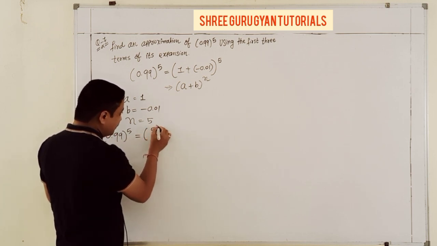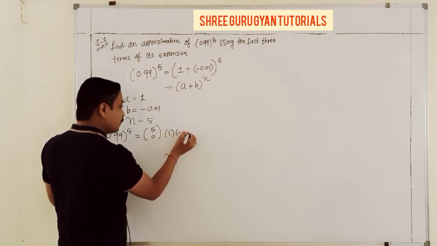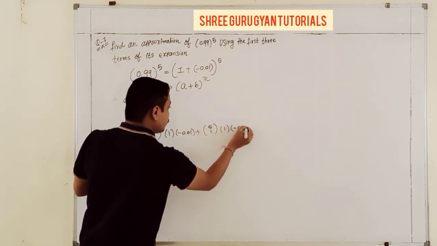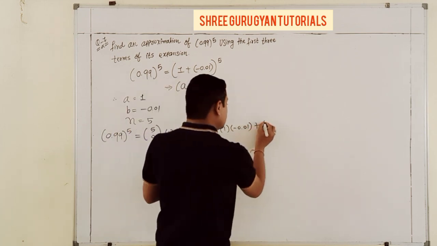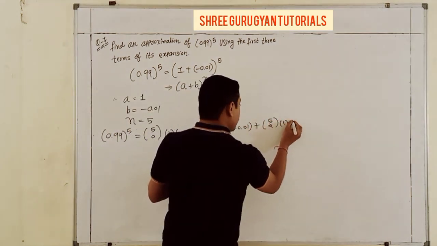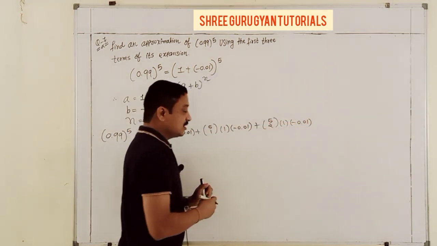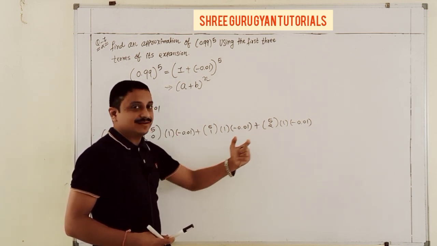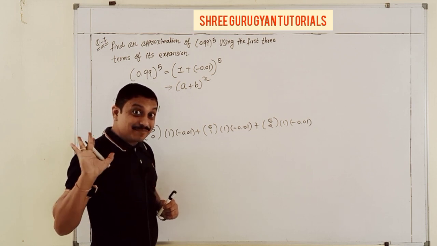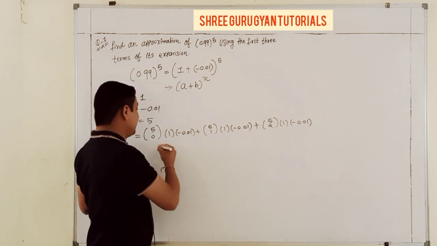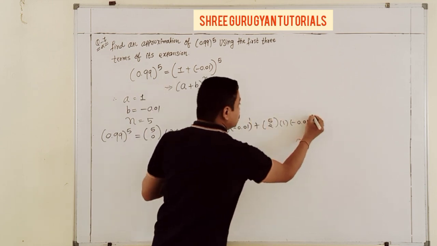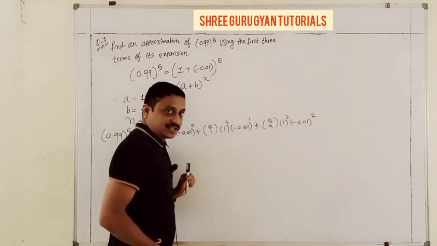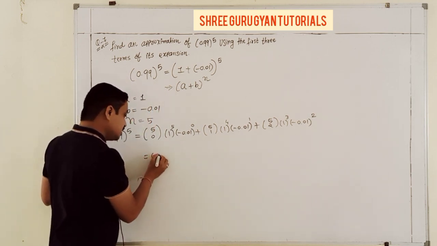nc0 means 5c0 plus 5c1, next 5c2. Check here, this is the first step, second step and third step. Only 3 steps we doing, not going further after. Here power it is 0 1 2, here 5 minus 0 5 4 and 3. So your data is here 1,